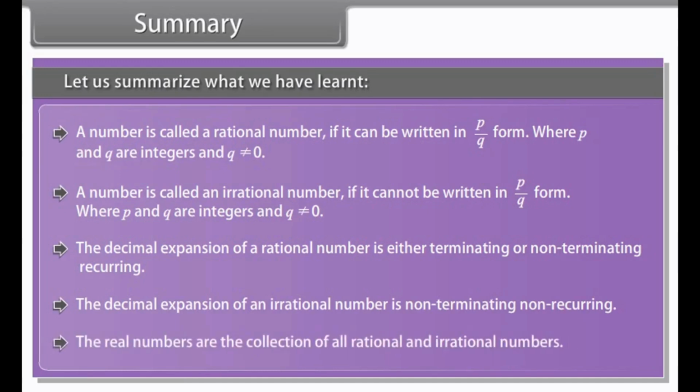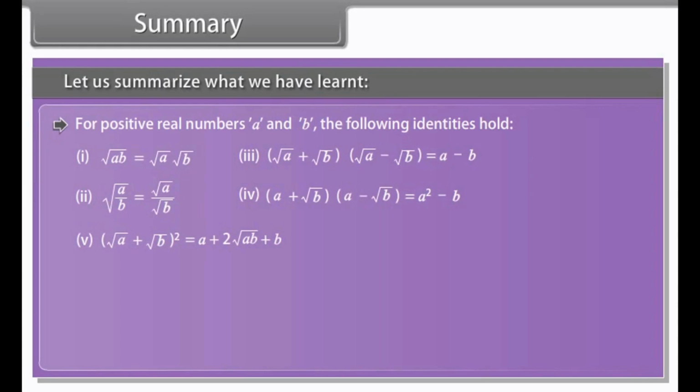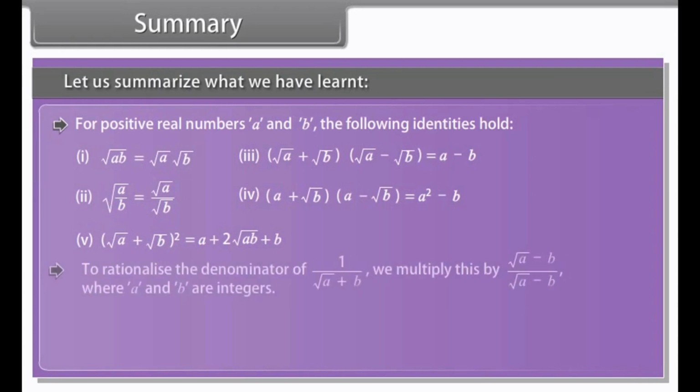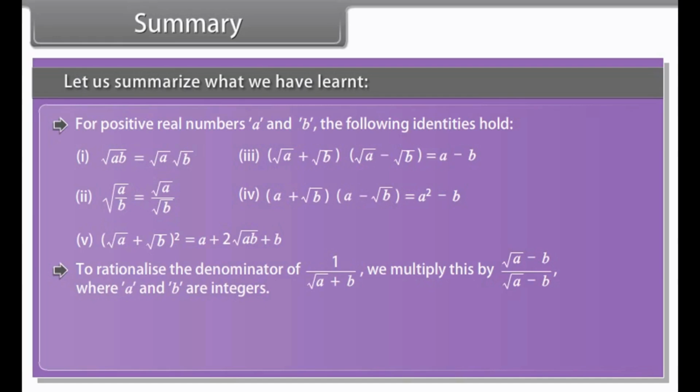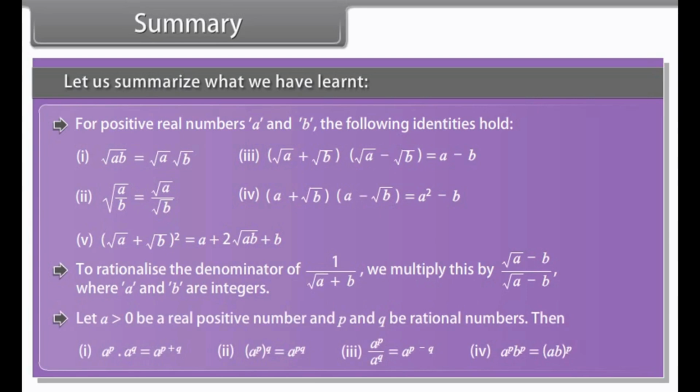The real numbers are the collection of all rational and irrational numbers. For positive real numbers a and b, the following identities hold. To rationalize a denominator of 1 upon square root of a plus b, we multiply this by square root of a minus b whole upon square root of a minus b, where a and b are integers. Let a greater than 0 be a real positive number, and p and q be rational numbers, then